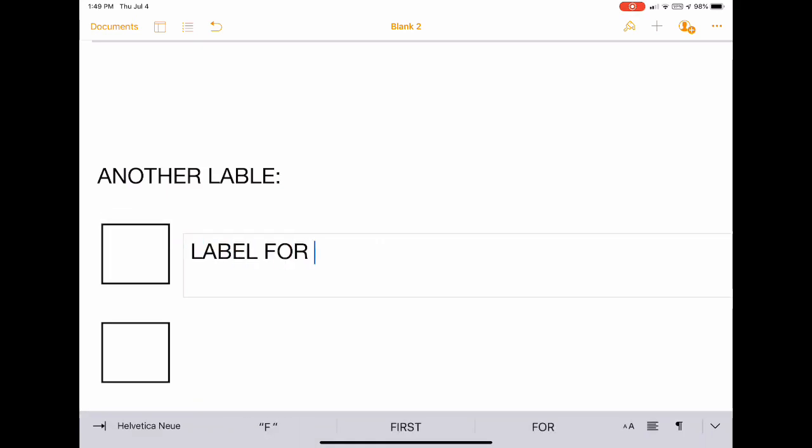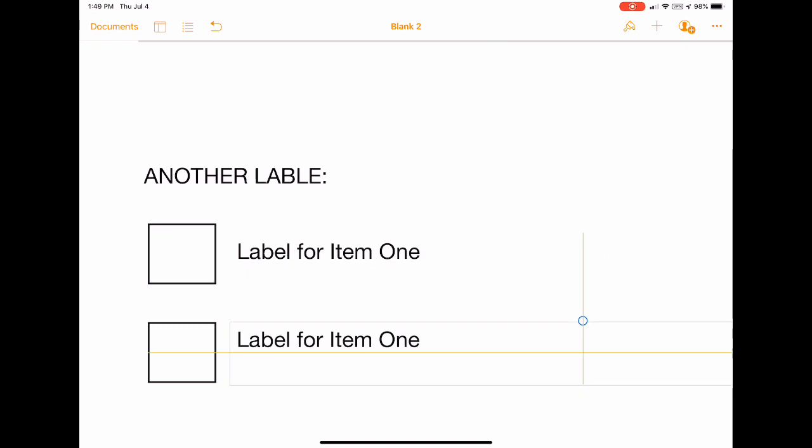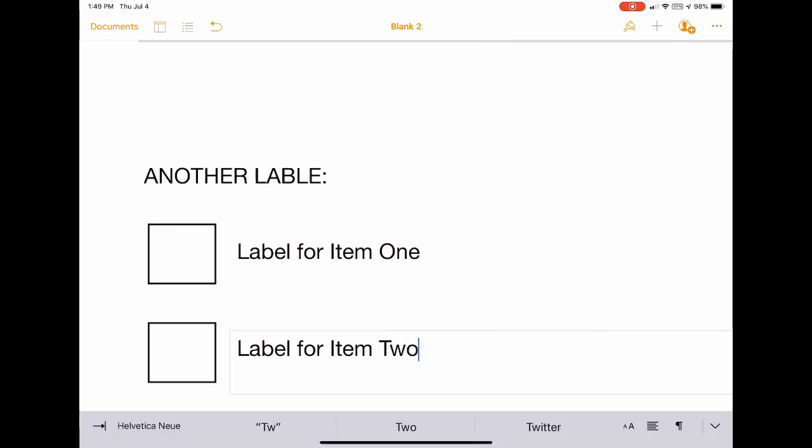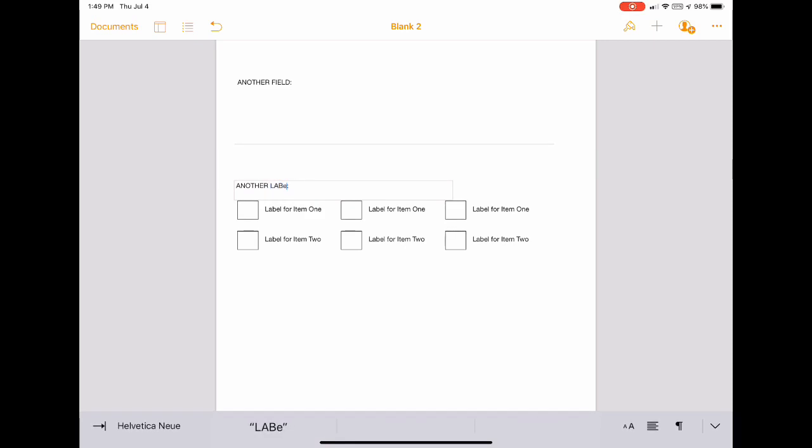If you're working with the on-screen controls, so label for item 1, duplicate that again, make that label for item 2. Get these words and labels spelled right. Group that up, duplicate it, drag it over, create another one. And now if you wanted, you could go through and select all 3 groups and align those correctly,